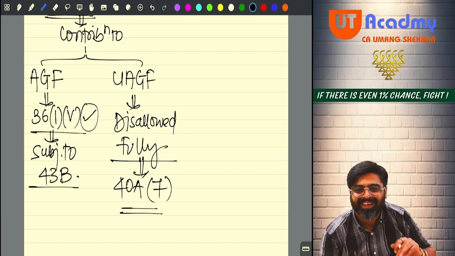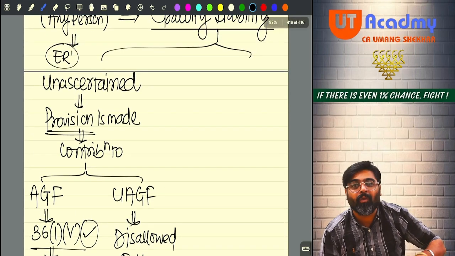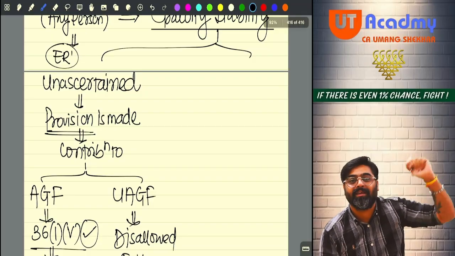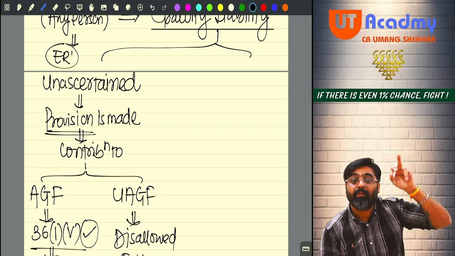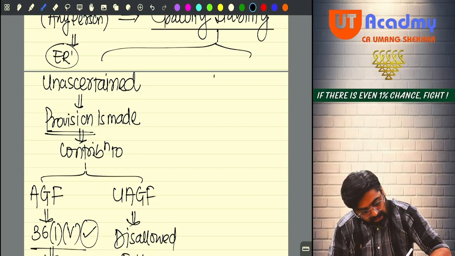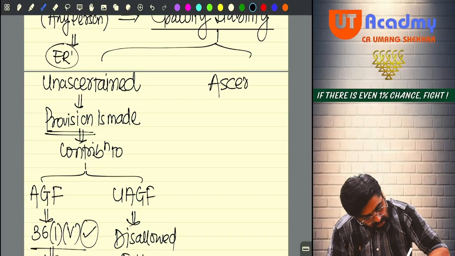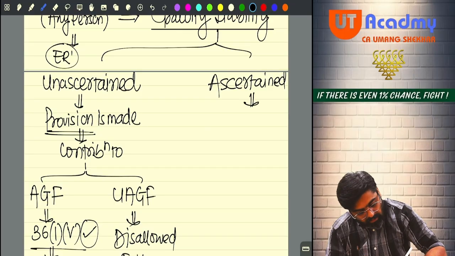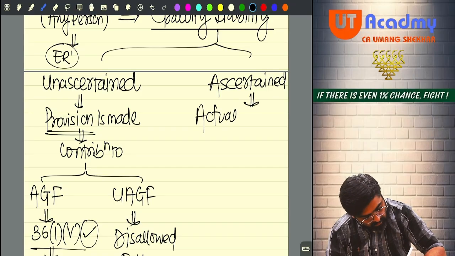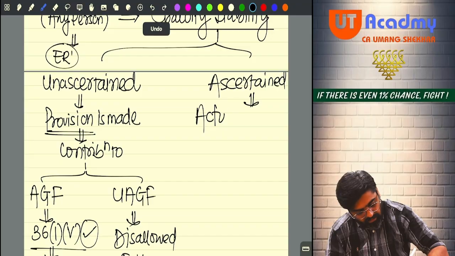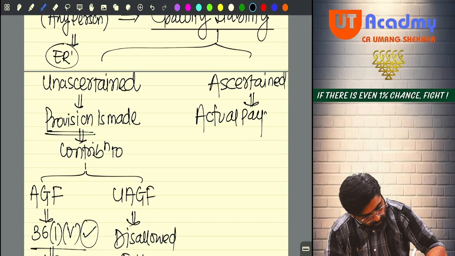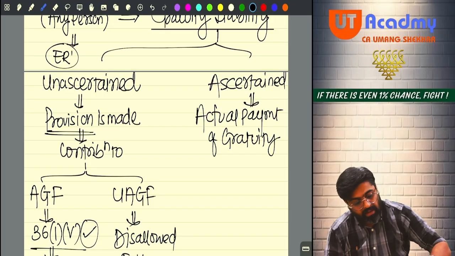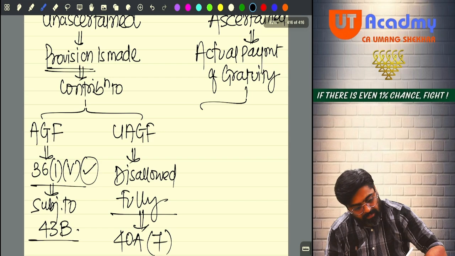Understand? That will happen only if the gratuity is ascertained. So the gratuity liability in future, when it is ascertained, that time the actual payment of gratuity will be made. And that actual payment will be made from